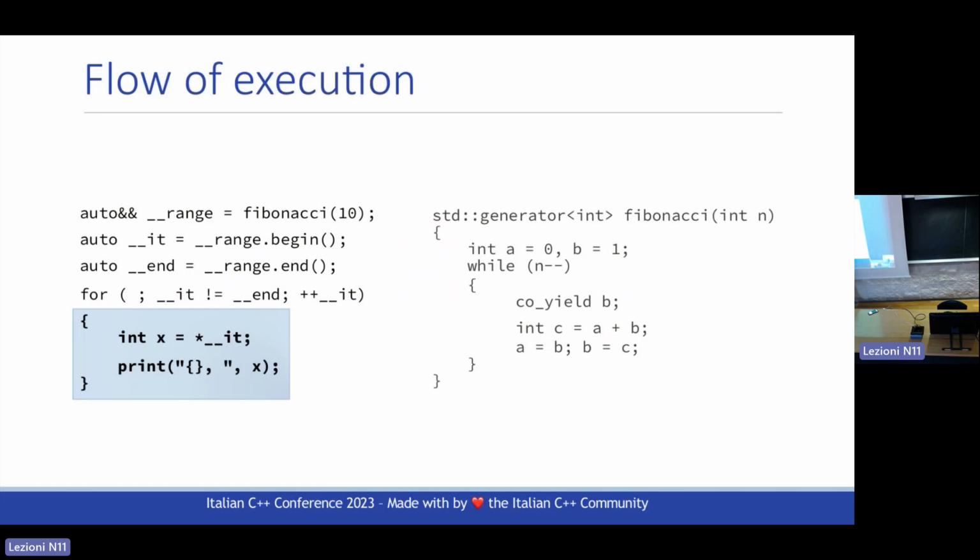So the code goes back and forth from the caller to the coroutine when they reach the suspension point. The suspension point here is the co_yield. The suspension point here is the increment of the iterator. It goes on like this